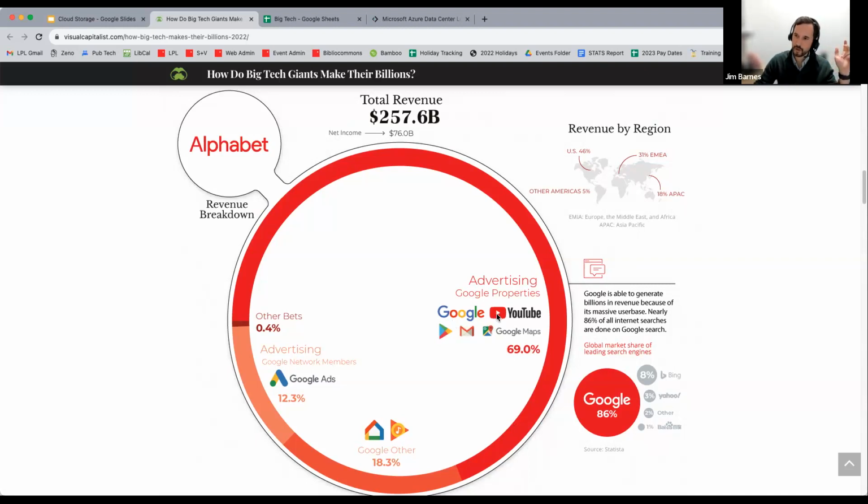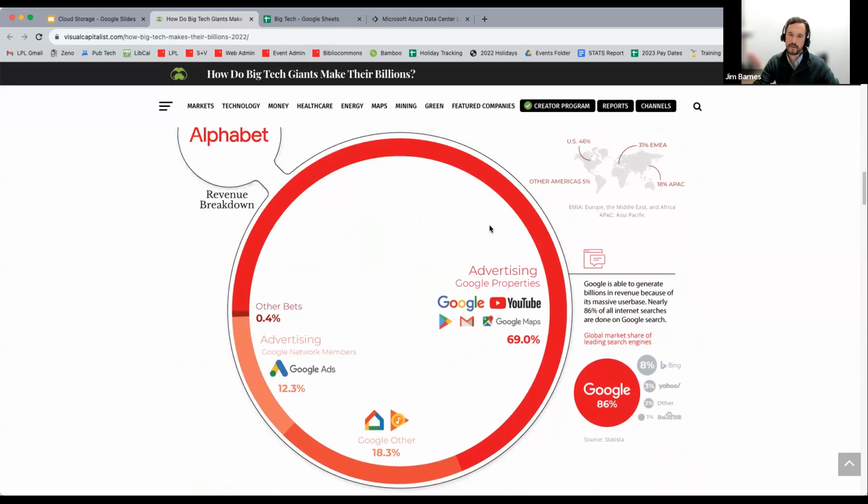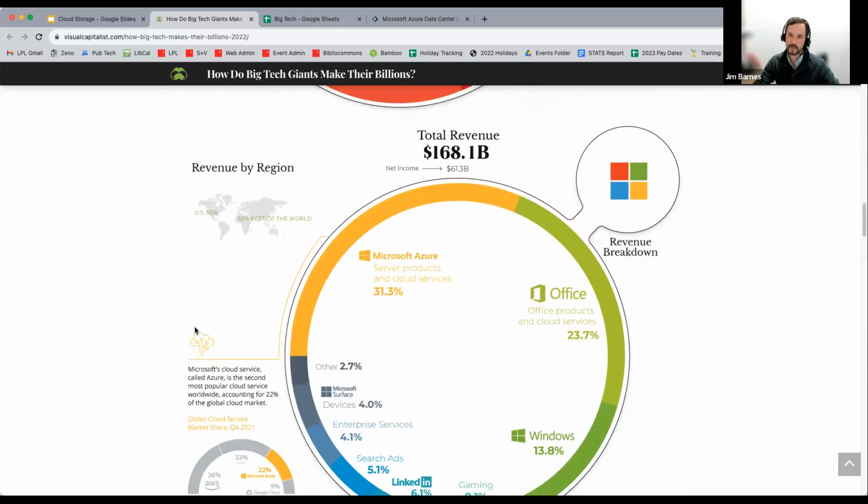So if you go to YouTube and you watch a video about gardening, and then you get an ad the next day about gardening things, that's how that happened. And that garden store paid Google to find you, so they could give you the ad and maybe you'll buy their stuff. And so again, all these products that they offer, they're cloud services products. They seem free, but that's where the money's coming from.